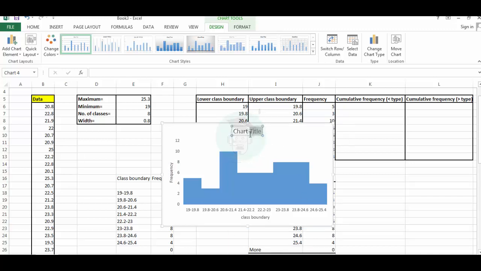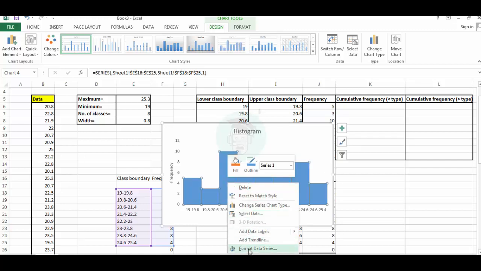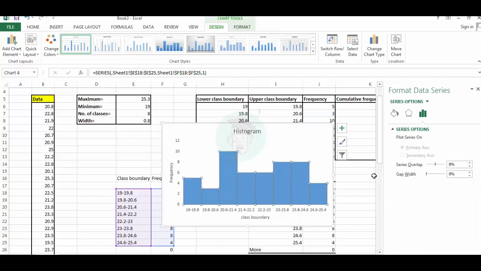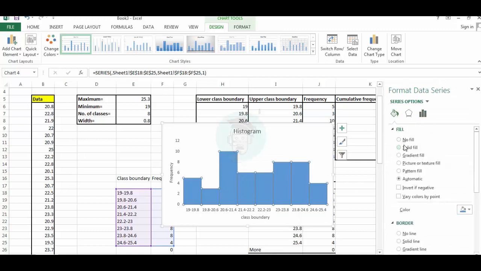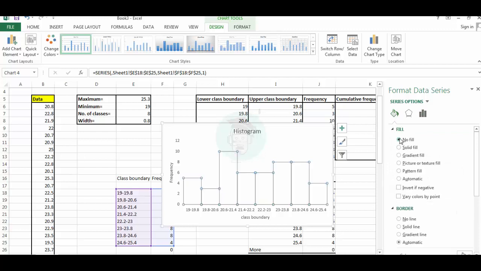Give the chart title, it is histogram. Now remove the fill portion of this chart. For this, right click on it, go to format data series, then go to fill and line, then select no fill, and you see that the fill portion is removed. And then we want to give the borders of this, select solid line,